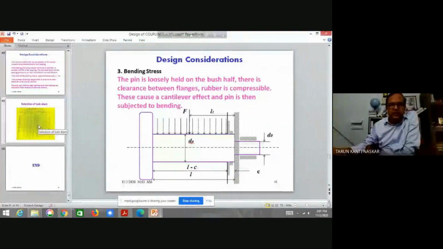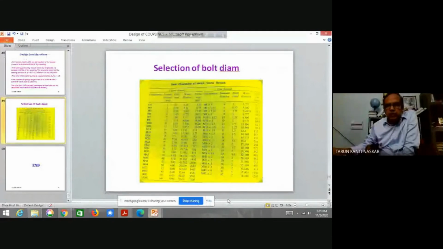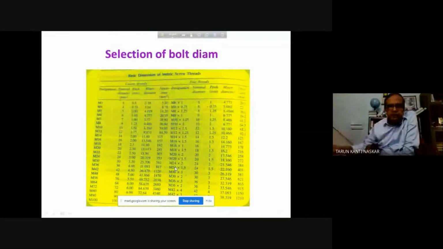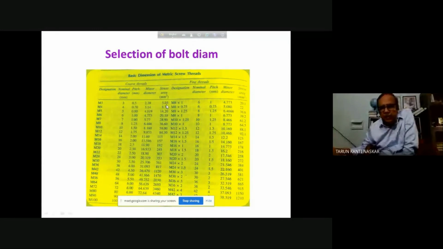Now look at this. I don't know whether it is clear to you or not. You see, for M3, this is the nominal diameter. M3 means nominal diameter 3. Pitch is 0.5 and minor diameter is 2.39. Stress area is 5.03. Okay. So coarse thread and